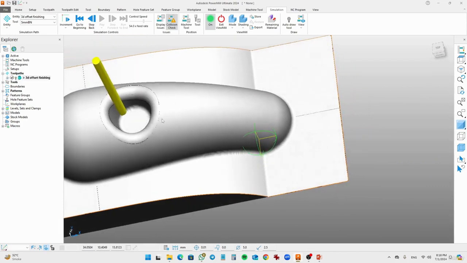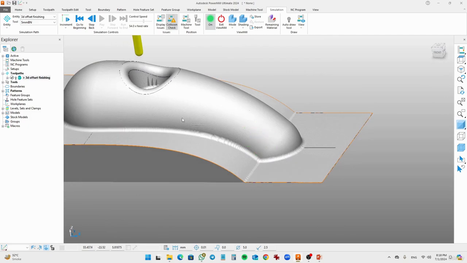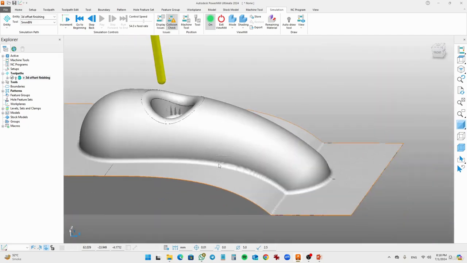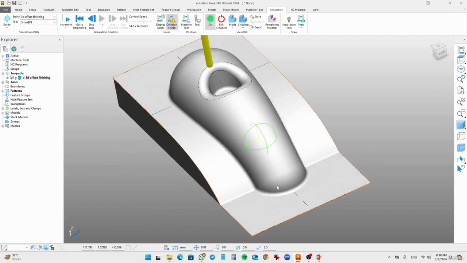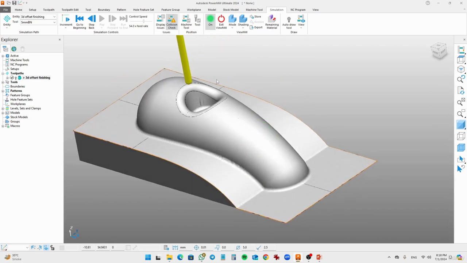So how we can do it, we can use the tool strategy, which is named as corner finish, okay? And for the corner finishing, make sure that you have to set a new tool which should be less than the diameter of that radius, okay? For example, I'm using the 5mm tool. Now this time I'm going to use a 1.5mm end mill to remove that corner